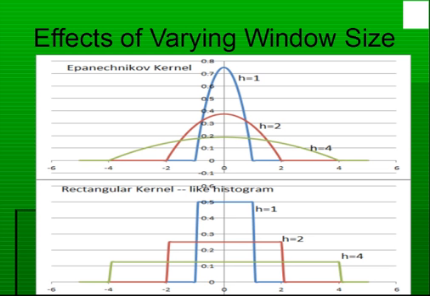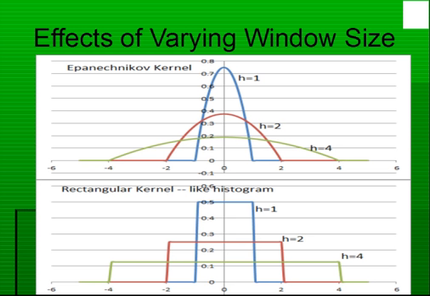We've already seen this once before, that as you vary the window size, the kernel becomes more concentrated around the point. Here the same effect that we saw for the normal density is demonstrated for the Epanechnikov kernel, and also for the rectangular kernel, which is like the histogram. In the top diagram, the small window size of h equals 1 corresponds to the blue curve, which is narrowly concentrated around the point. As you increase the window size to h equals 2, the curve becomes more spread out, and at h equals 4 it becomes even more spread out and even less